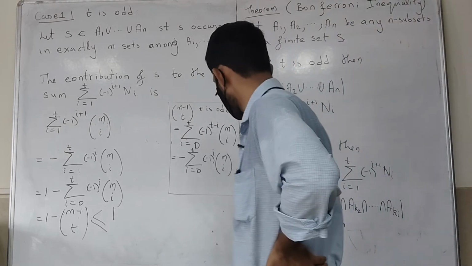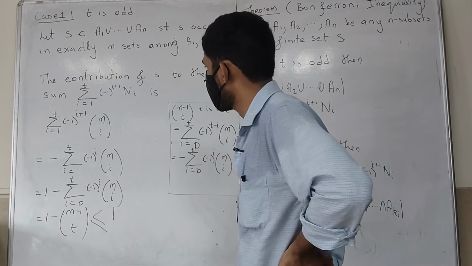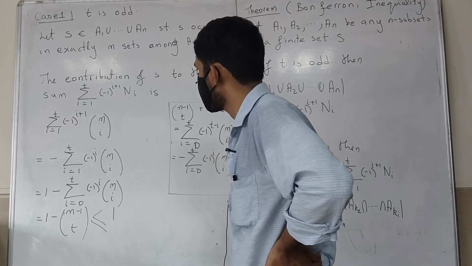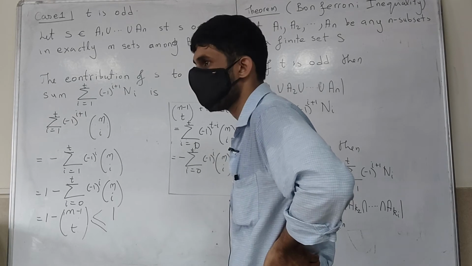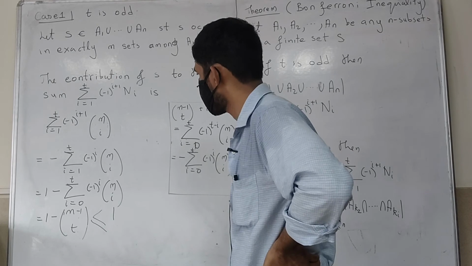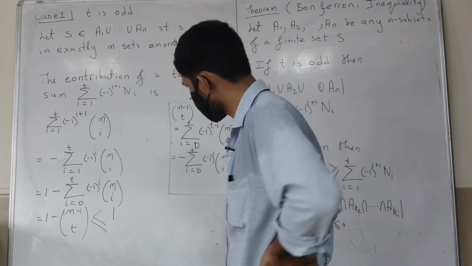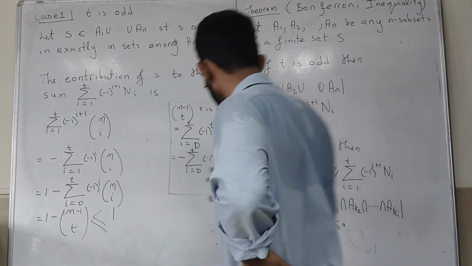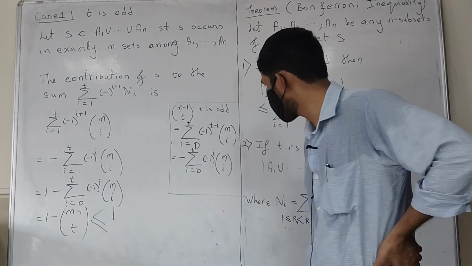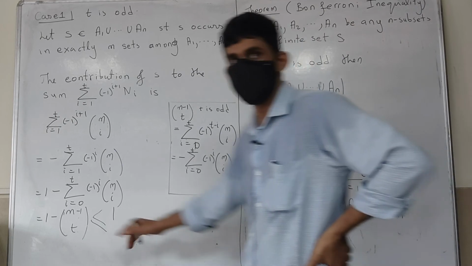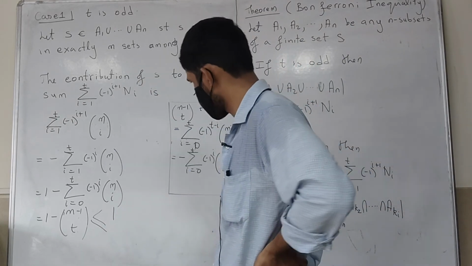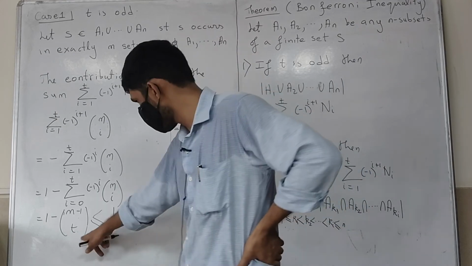Where is it that I am making an error? If I put t here, then the 0th term is minus 1. So if I have to put the 0th term, what? There's definitely an error here. Just check that. Yeah? Tell me. Here? Actually, there should be an error here. Wait, here?